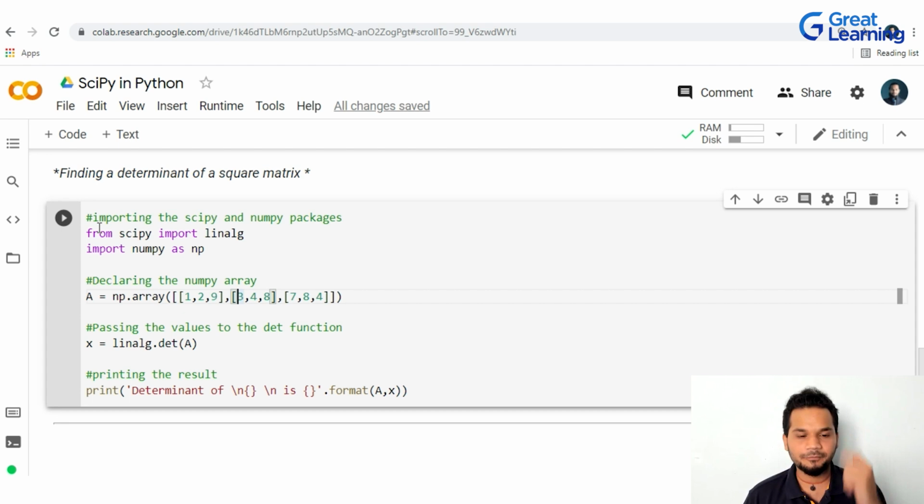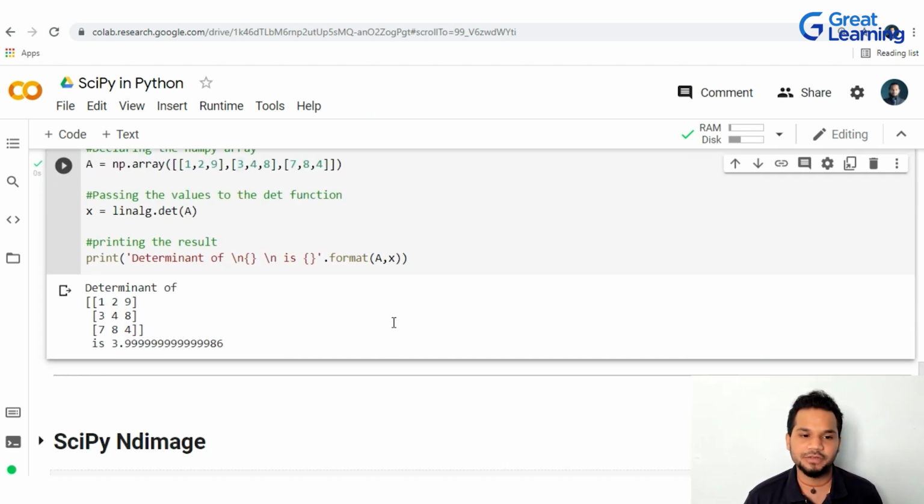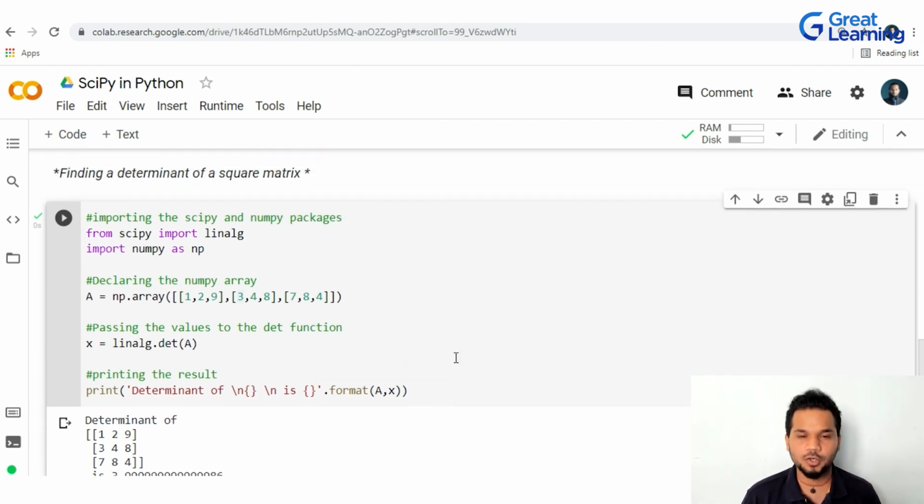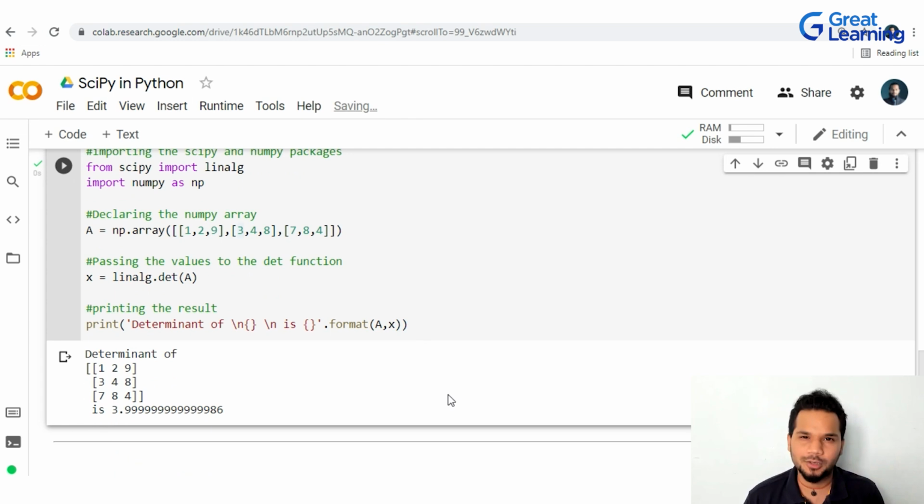Input, perform the operation, output. 3 lines of code and you're done finding the determinant of a square matrix. Now, to do this manually will take a lot of time because you have to go about processing it and work with it. I'm very sure if you have taken up engineering for your bachelor's, you might have worked on these in your first 1 or 2 years of engineering, right? Understanding what a matrix is, operations, determinant, all of that.